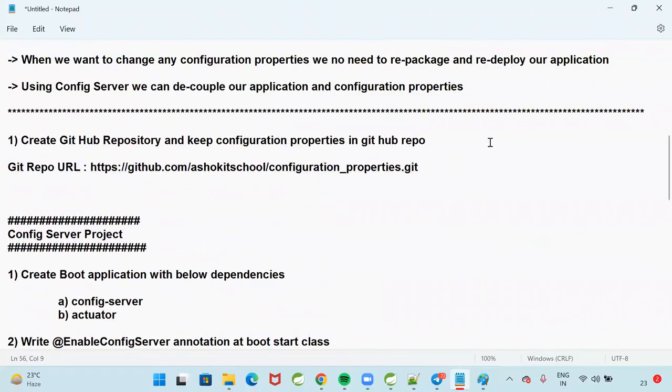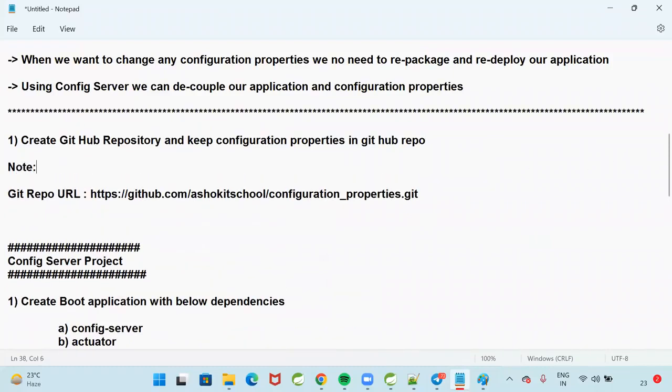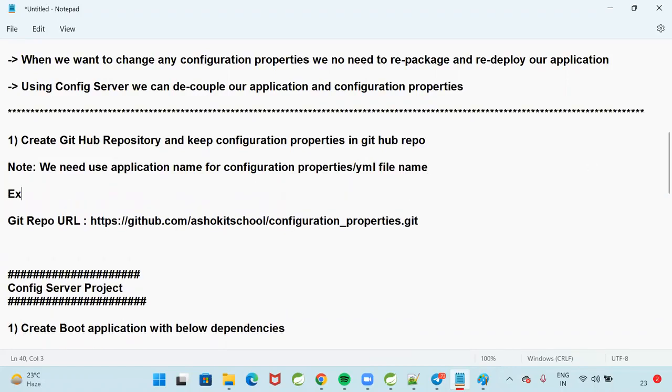Create a GitHub repository and keep configuration properties in the GitHub repository. We need to use the application name for the configuration properties or YML file name. For example,